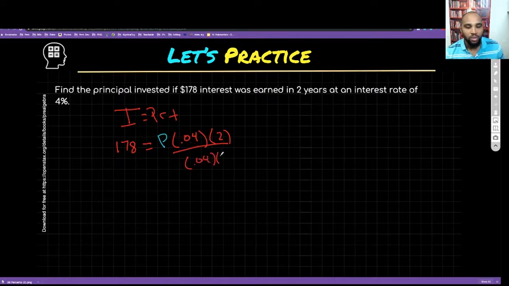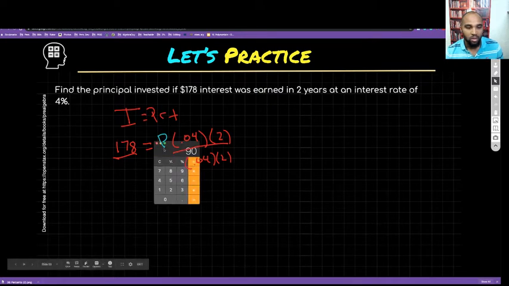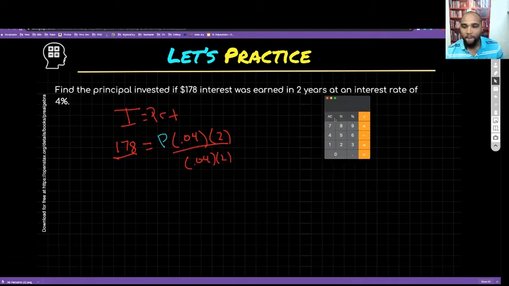0.04 times 2, which I probably could have simplified easily, so I'm going to do that now. What is 0.04 times 2? That's the same thing as 0.08. So I'm going to divide over here by 0.08 because that's the same thing over here. This crosses out. Now I just have P equals 178 divided by